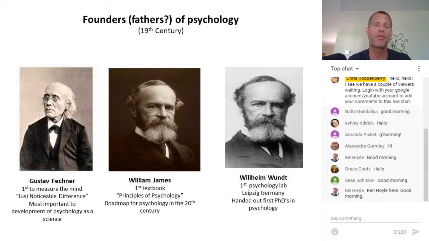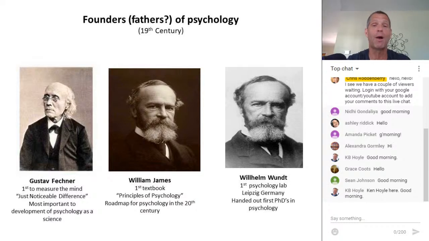Now, the third fellow I want to introduce you to, your book also mentions him, but they don't talk about him the way I talk about him. William James is important because he wrote the first psychology textbook and really laid out a plan for the 20th century study of human functioning. He wrote this book called The Principles of Psychology. It was a 2-volume theory that was like 12 or 13 inches thick. It was a huge, obnoxiously big book. But this guy was the first to sort of lay the fundamentals of how we might create a science of the mind. He's often referred to as the American father of psychology.